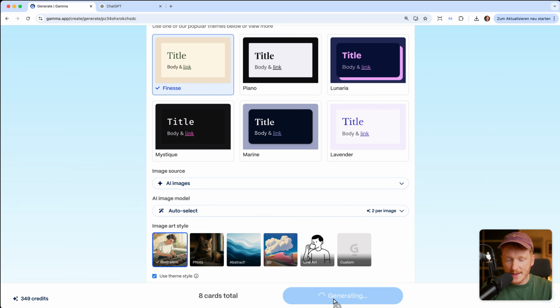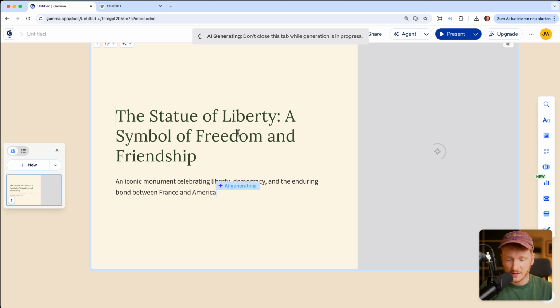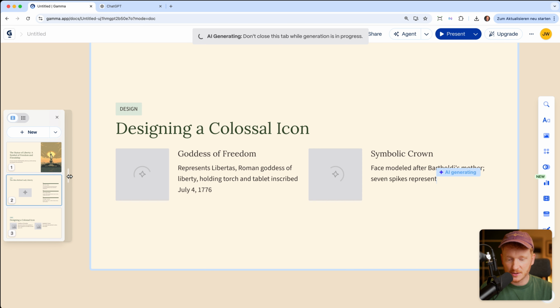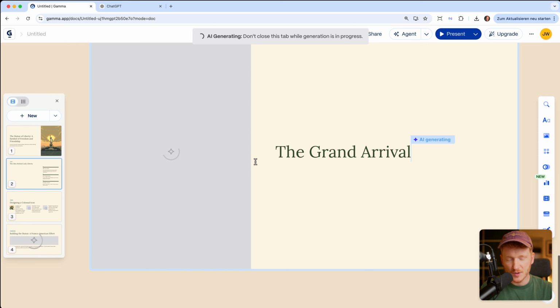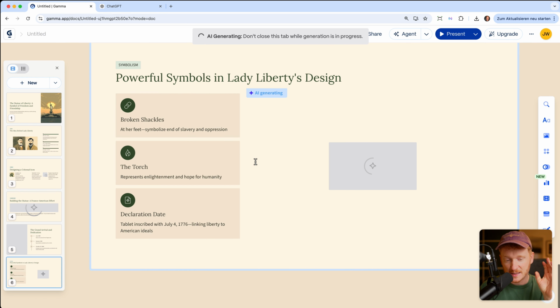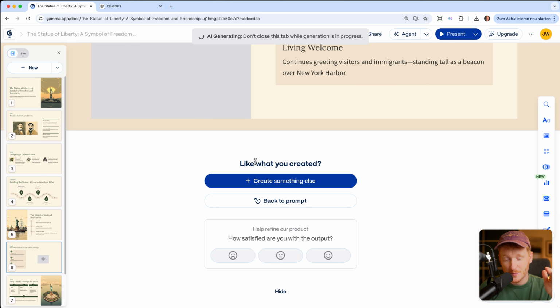And now the AI goes ahead and generates the presentation for us. And it's really cool because we don't need to do anything. Just watch. So we'll go ahead. This is the first slide. Second slide, third slide, and you can see it just writing the text, and in parallel it will generate the images for us. And let's watch until it's done because then we can go in and make changes if we want at all. Most of the time back when I was in school, I didn't really have time to